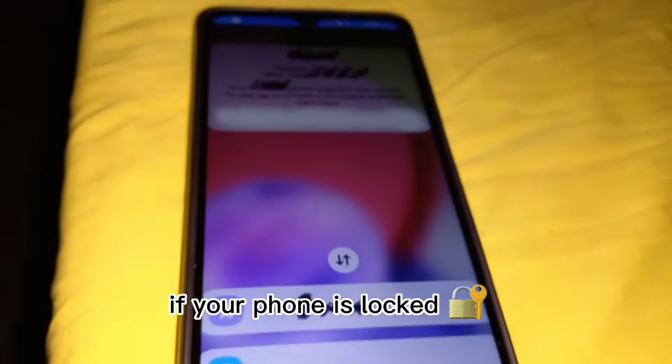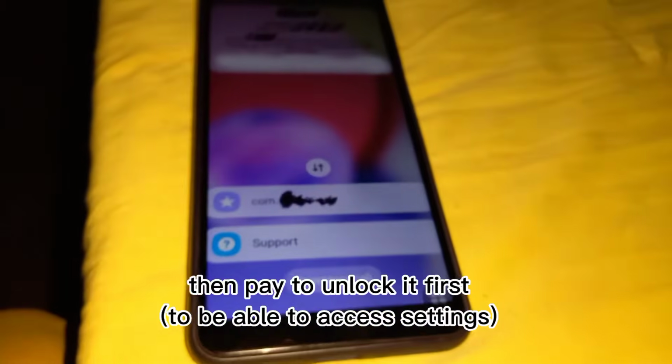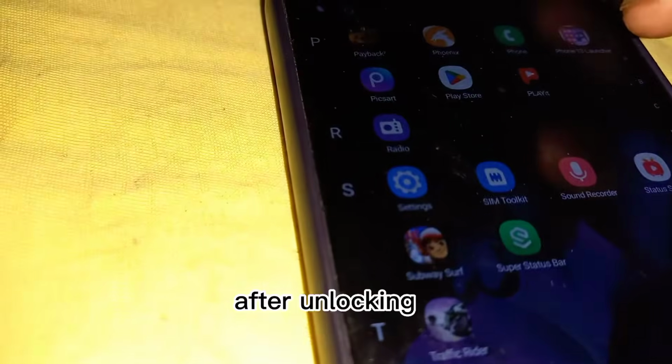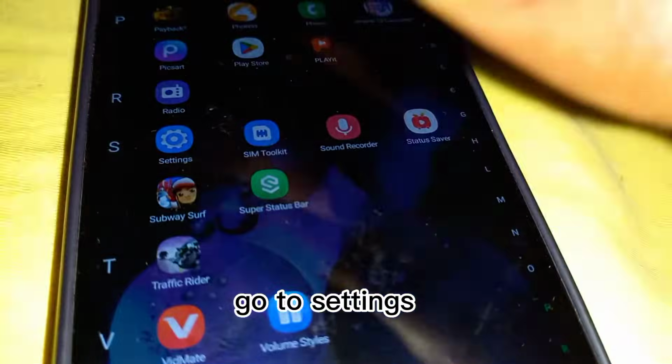Hello there. If your phone is locked and you don't want to lose your data, then pay to unlock it first. After unlocking, make sure you go to settings,